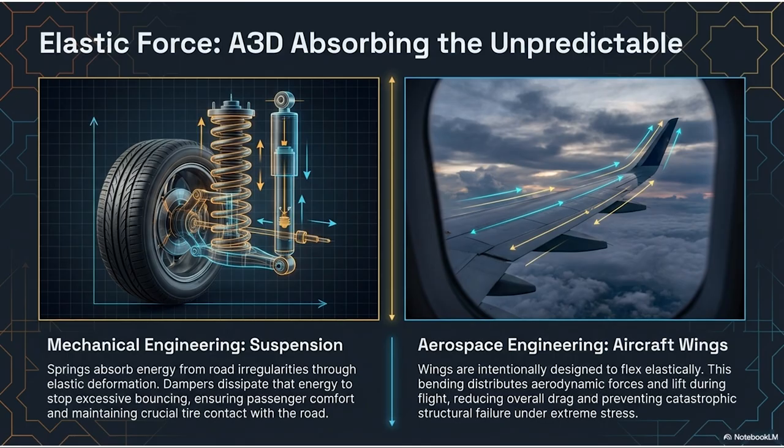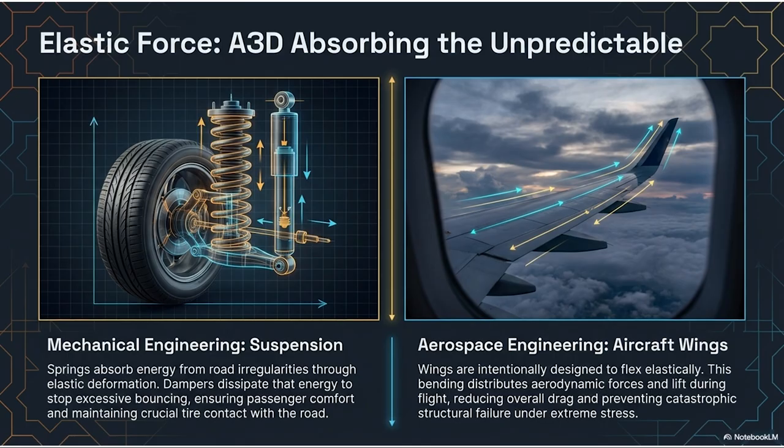Yes. The slide specifically notes that wings are intentionally designed to flex elastically. By allowing the wing to bend, the structure acts as a giant aerodynamic shock absorber. It absorbs the sudden upward force of the turbulent air and distributes it slowly across the entire length of the wing. That makes so much sense. It reduces overall drag, softens the ride for the passengers, and crucially, prevents catastrophic structural failure. So the fact that the wing is flapping a little bit is exactly why I am safe. I will try to remember that next time I'm white-knuckling the armrests.